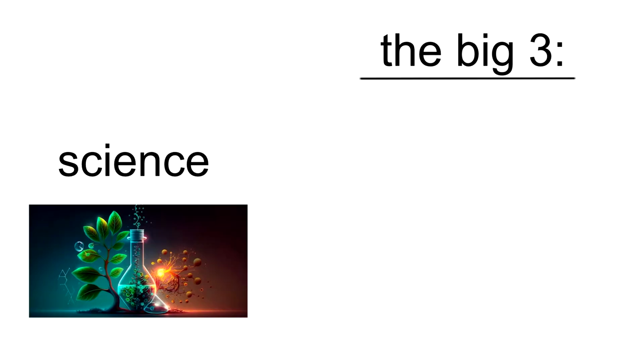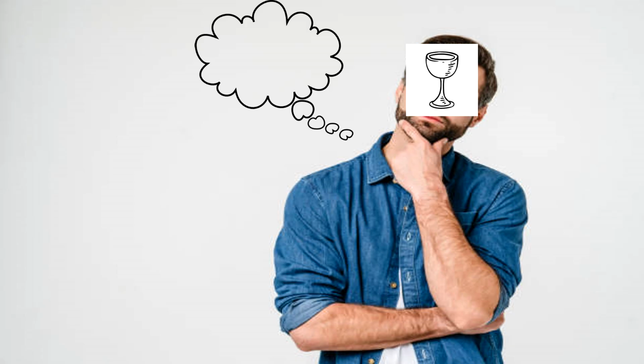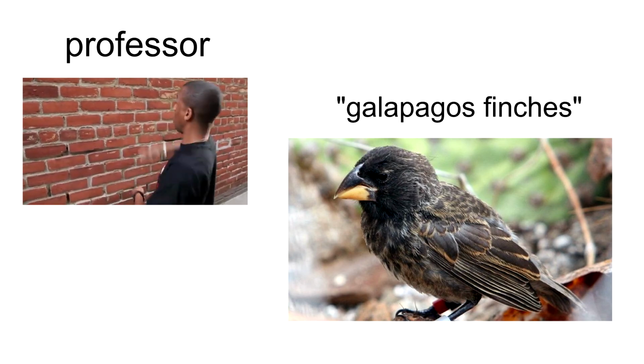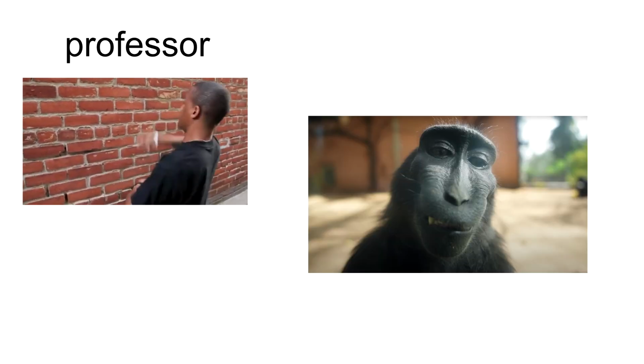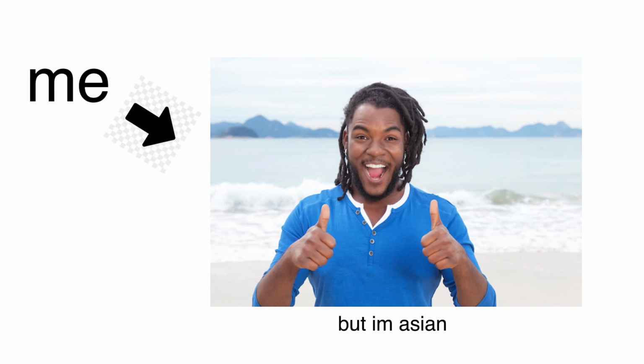Now, next we have the sciences, the big three ruining my life right now: chemistry, biology, and physics. What I remember from my first year of bio in university was the prof yapping about some Galapagos finches and how they evolve into some random creature like a god Pokemon. But to be fair, biology, in my opinion, is the least difficult among the three sciences, as chemistry absolutely tore me apart in my first year. So picture this, it's me whistling, minding my own business, enjoying my day, and then chemistry comes along and says,